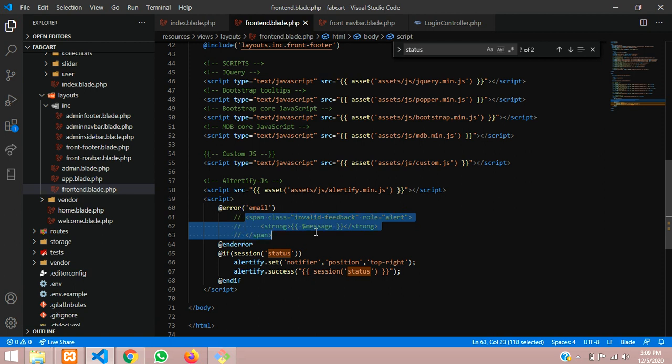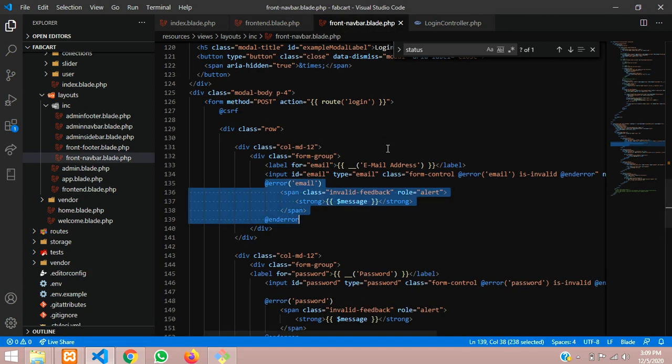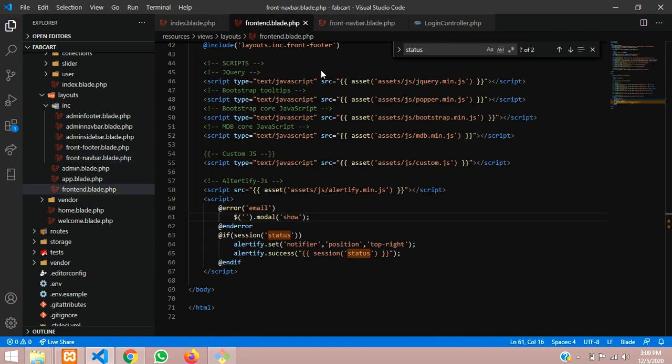So modal in the sense like, dollar open and type modal, inside this show. So the modal you have to show is your login modal. So the login modal ID is login modal. So let's copy this ID and paste it in, give a hashtag, and then that's it.